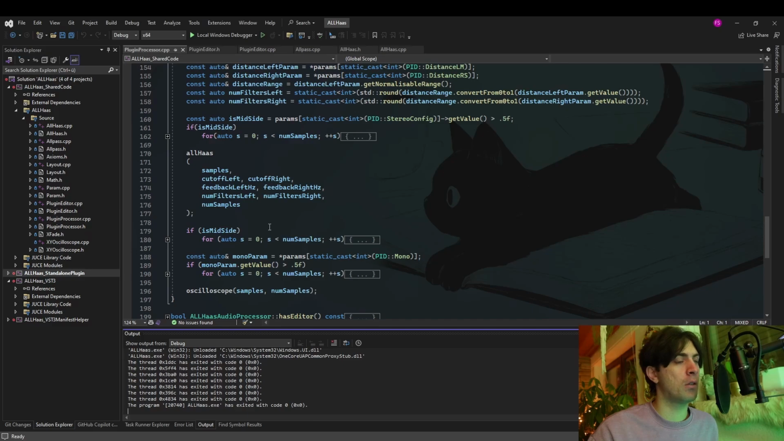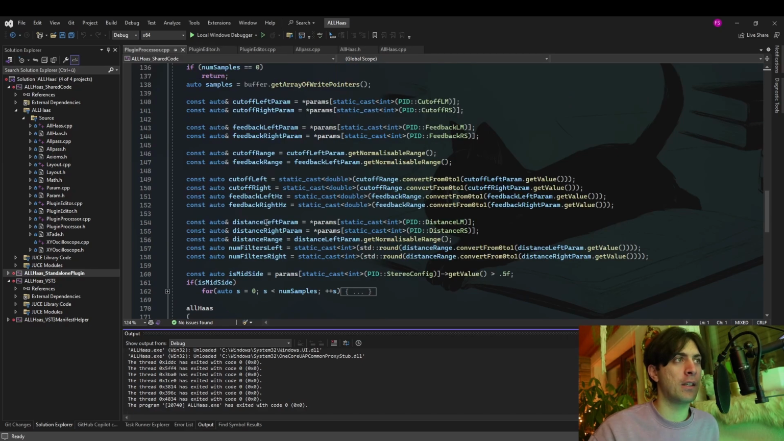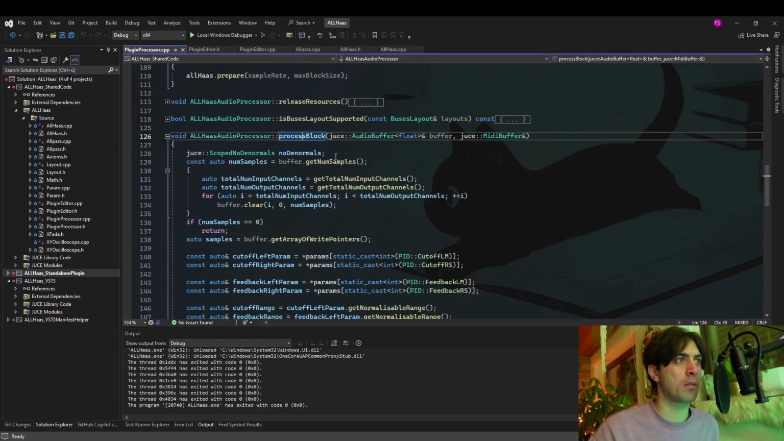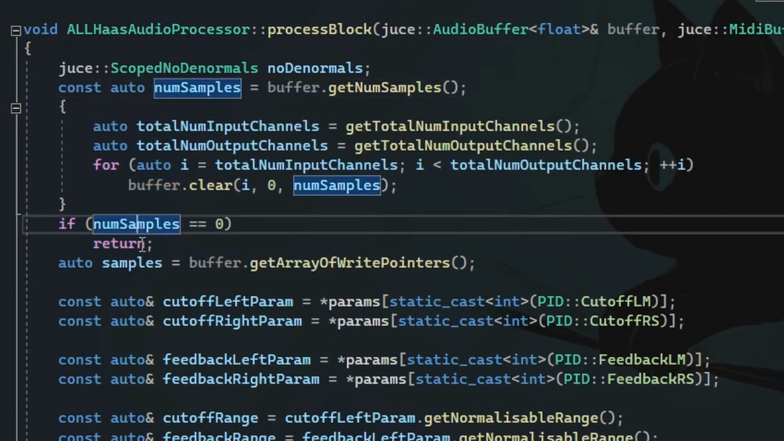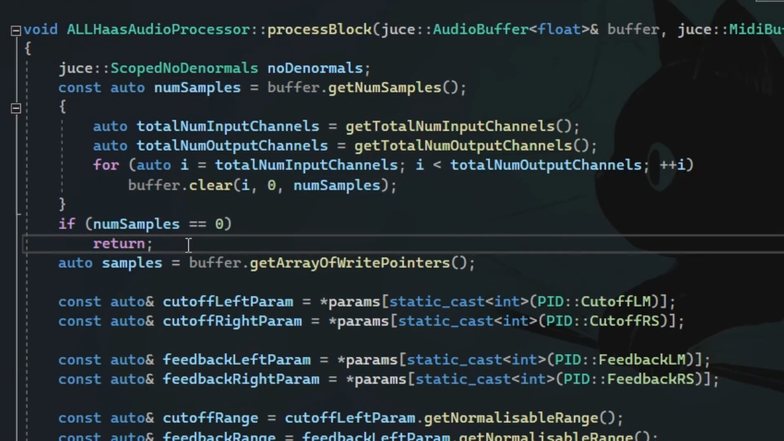So here we are now in the code, and now I will mess with the code a lot in order to get to the bottom of this whole thing. Here we are currently in the ProcessBlock method, which basically just works like this. It starts with the things that always happen at the start, where you clear all of the buffers that are not used, and then you return if num samples is 0, because that means that there is no sound currently